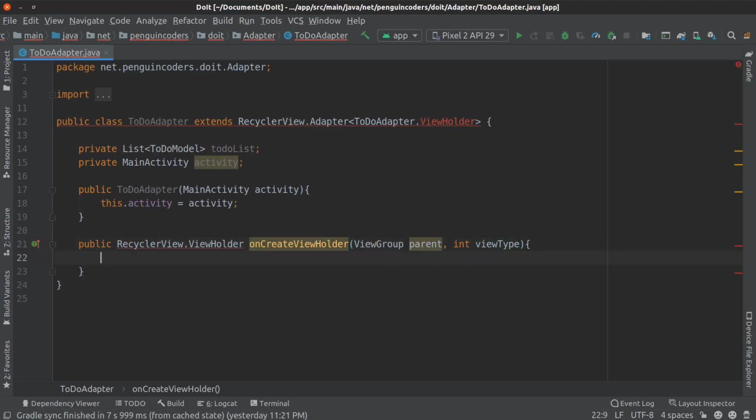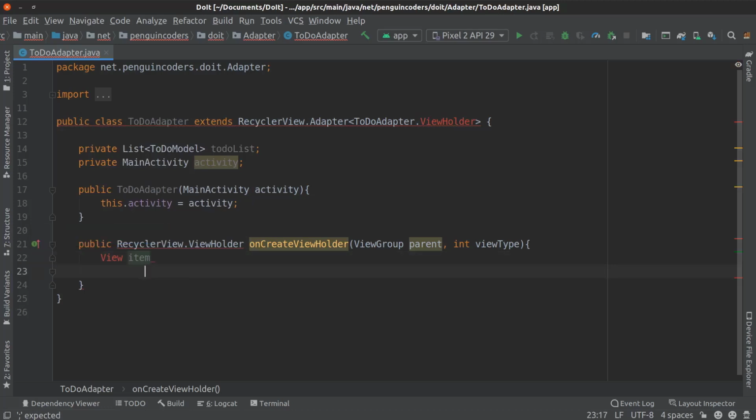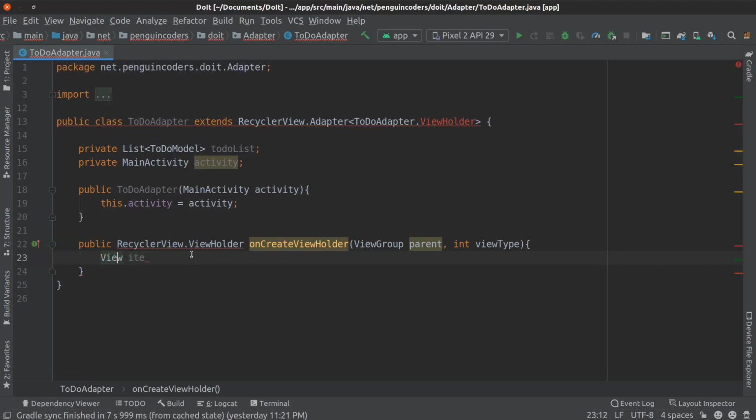So we will be defining the views. Each item view, we can define as View itemView. Press Alt Enter to import the View class.